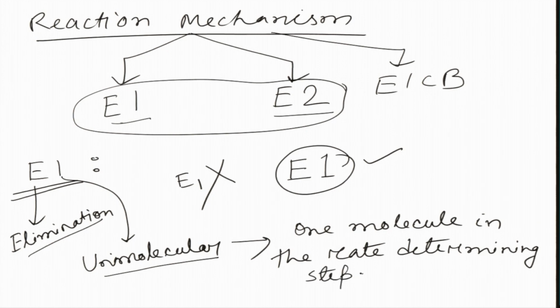Okay. So, for understanding the reaction mechanisms, some basic concepts of chemical kinetics are required. In chemical kinetics, there is a term called the rate determining step. When we write the rate of the reaction, if a reaction has multiple steps, like 2 or 3 steps, the rate of the reaction does not depend on all of these steps. Sometimes the rate of the reaction depends only on one step, and that is called the rate determining step or slow step, because if there are several steps in a reaction, then the slowest step will determine the rate of